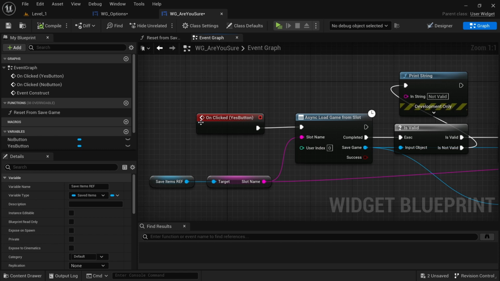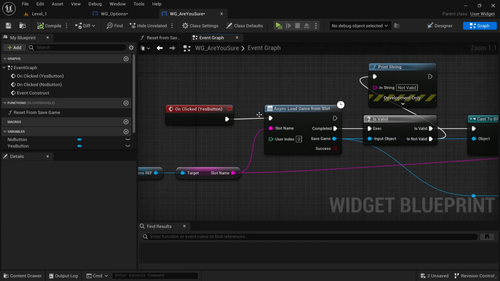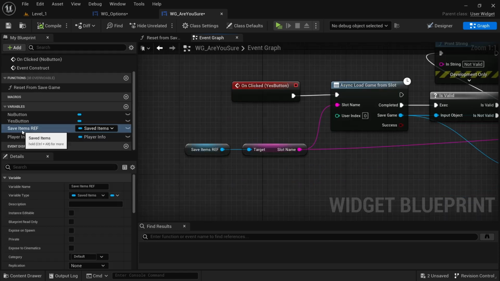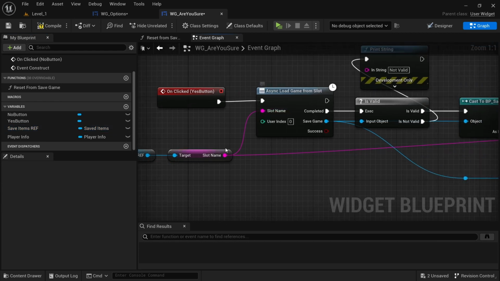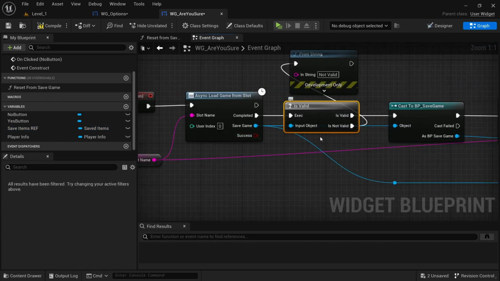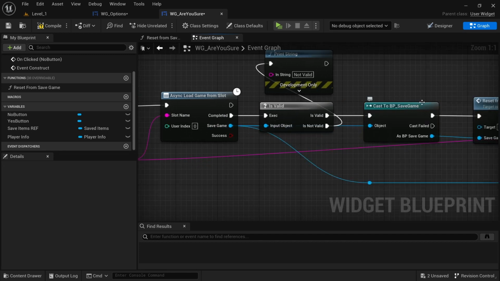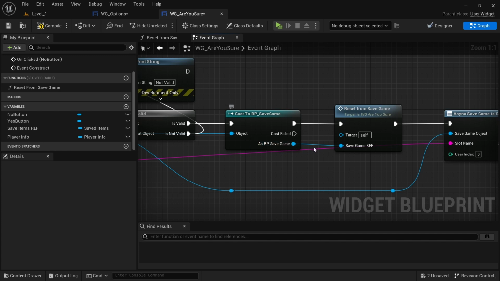So then back to on clicked yes button, you want to get a sync load game from slot, and you want to get save items ref, and you just want to get the slot name, plug it in here, and on completed, you want to get is valid and use this as the input. Dragging off of here, you want to cast the BP save game, and then as BP save game, you want